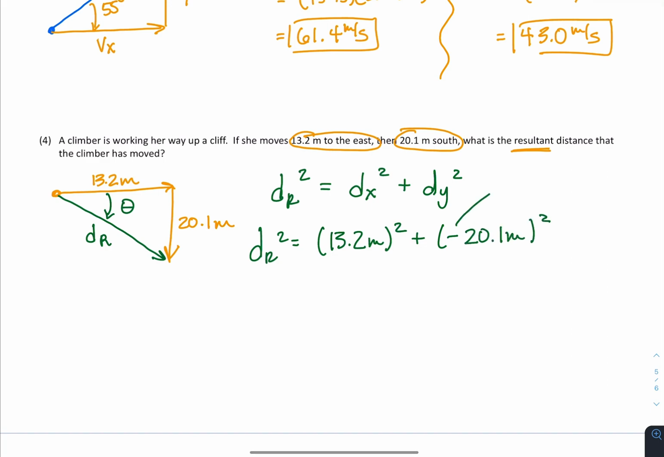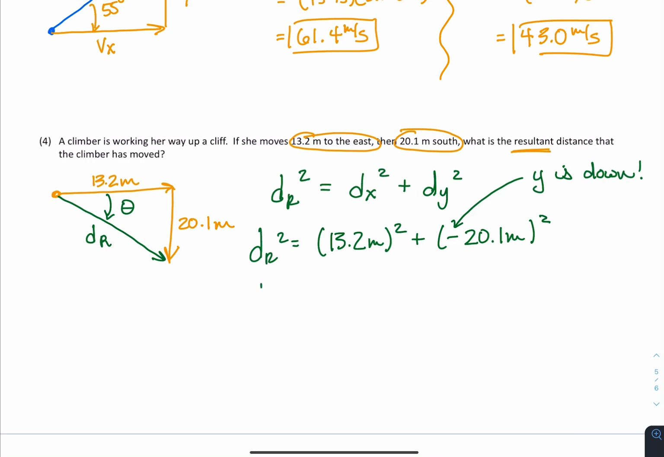Now, the negative, that's because the y component is down. All right, it's south. It doesn't really matter in terms of math because when you square a negative number, it becomes positive, but it's probably better to get used to putting in the negative signs when you need to. Once we do the square and then add everything together, we're going to get a value of